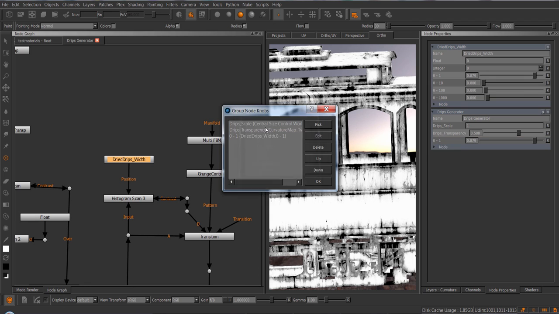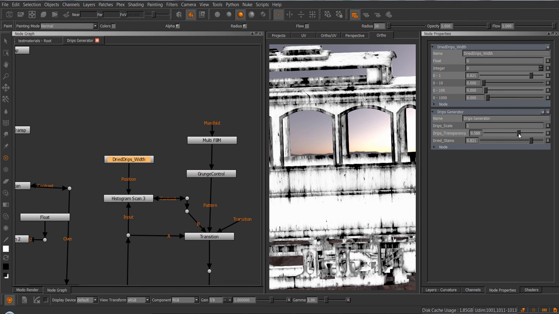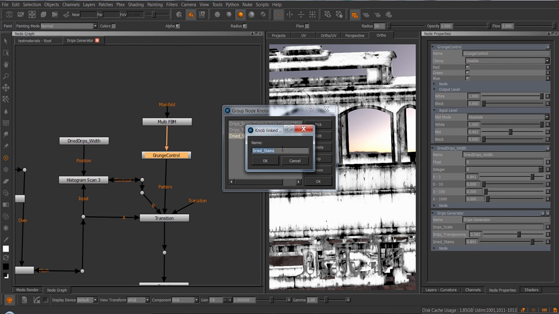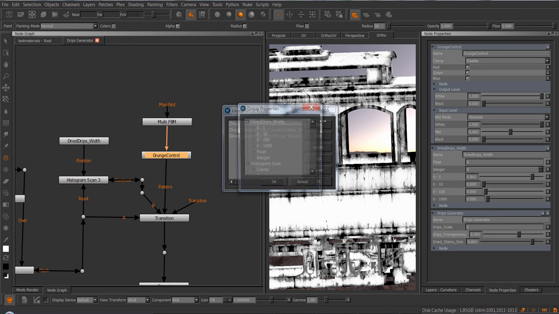Probably need this kind of dried effect. So let's name this dried stains. And probably on this one, dried stains size, and this one would be